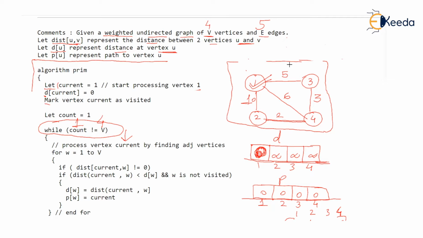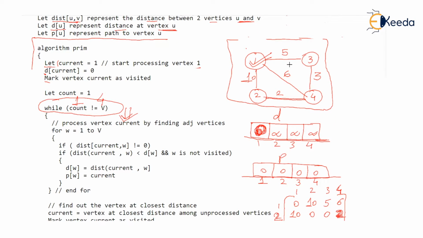Okay. So right now count is 1, so we enter the while. Now check. In the while, we have the work of processing the current vertex, isn't it? Processing the current vertex means processing the first vertex. But what do you mean by processing the first vertex? Yes, processing the first vertex means see the neighbors of 1 and compare the distances. You know it, isn't it? Just see current is 1, the first vertex we are visiting. So processing the first vertex means see the neighbors of 1 and compare the distances of those neighbors with the distances stored in the D array.